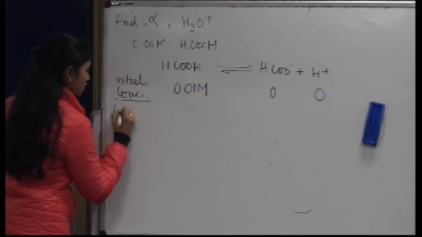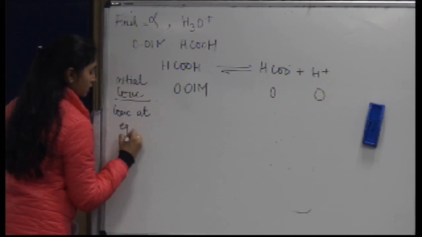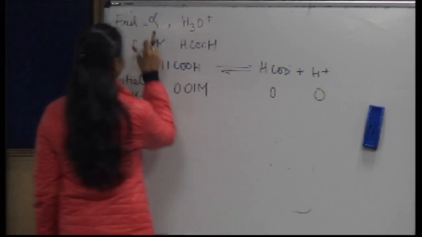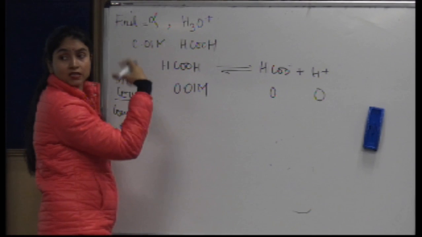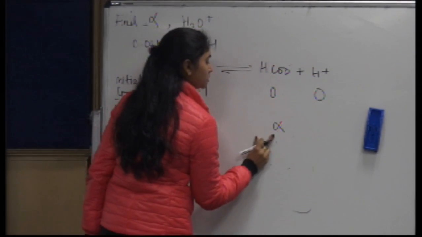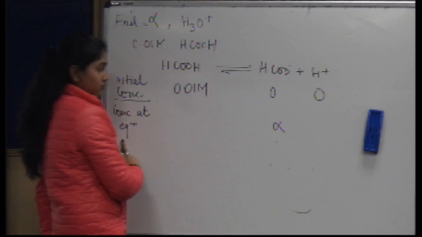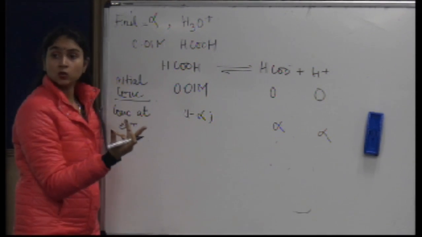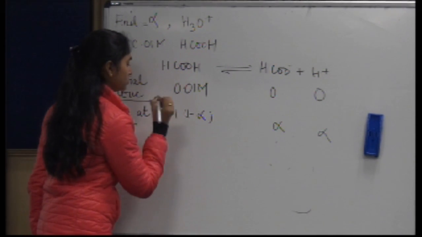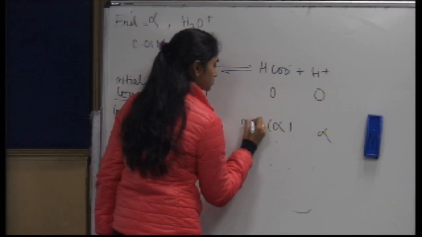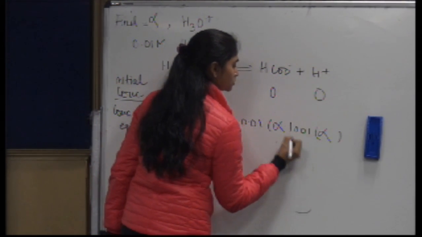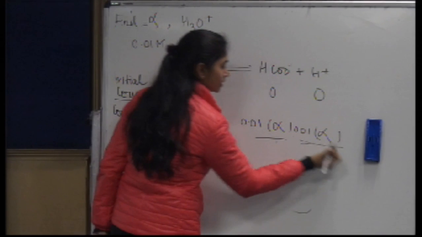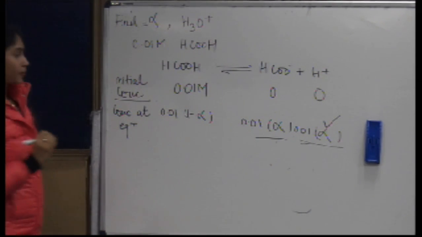Fine. Now let us talk about concentration at equilibrium. If alpha is the degree of dissociation, that means alpha amount of 0.01 has dissociated. So if alpha amount has dissociated at equilibrium, what remains would be 1 minus alpha. To convert this into concentration, I will multiply this with 0.01. Similarly, this will become 0.01 alpha. So this is the concentration of formate ions, this is the concentration of the acid. You have to calculate this and this. Okay, we are provided with